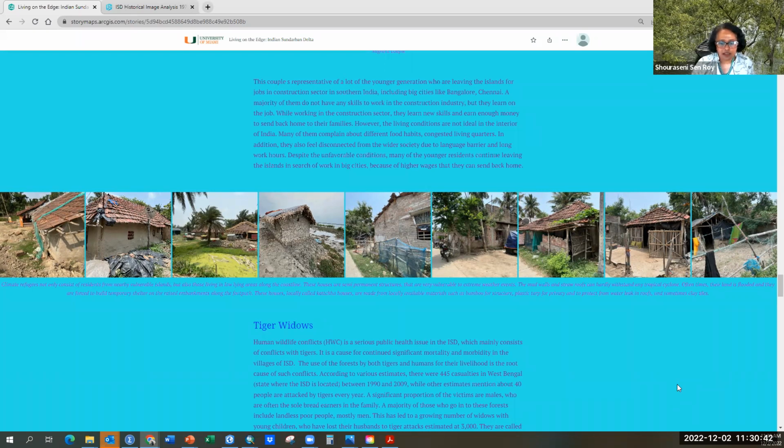This is one of the statistics I found: there have been 445 casualties in West Bengal, where the Delta Sundarban is located, between 1990 and 2009, out of which 40 people are attacked by tigers every year.